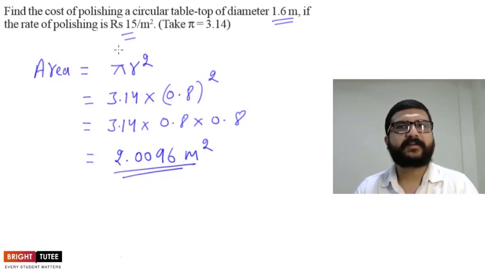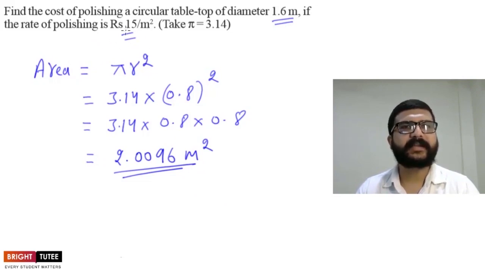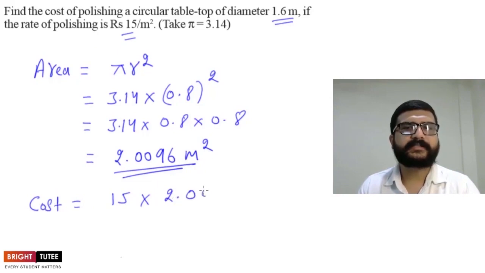Now the next part, what we have to find here is the rate of polishing. So here the rate for 1 square meter is rupees 15. So what will be the price for 2.0096 square meters? So the total cost will be equal to 15 into 2.0096, because cost of 1 square meter is rupees 15. So cost of 2.0096 square meters will be 15 into 2.0096 rupees. Now by multiplying 15 with 2.0096, we will get